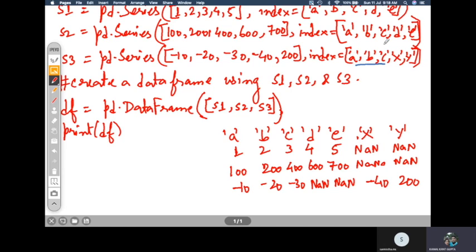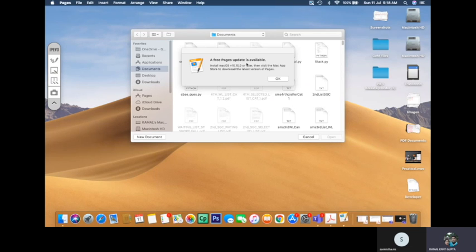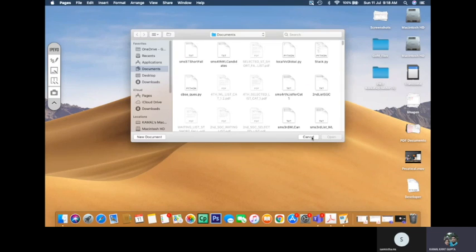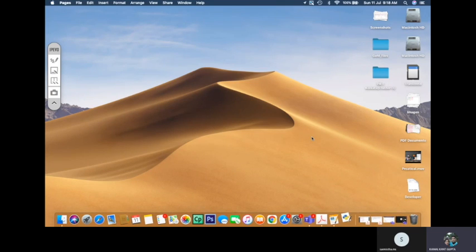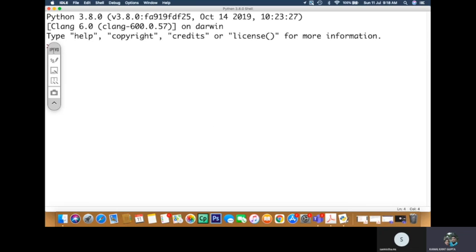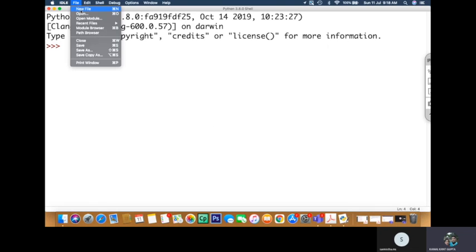So now let us see whether it is correct or not by executing the code. I hope this is visible. Creating data frames using series.